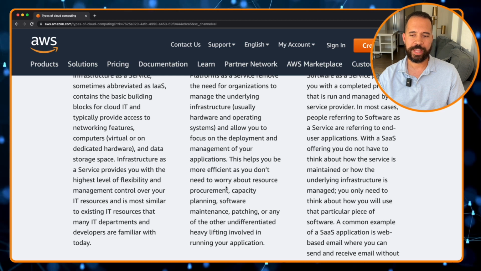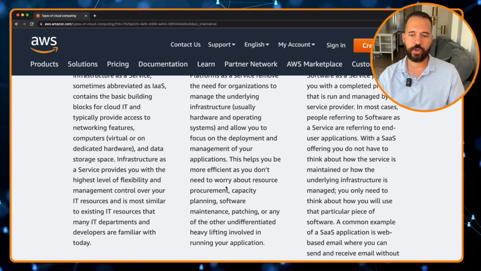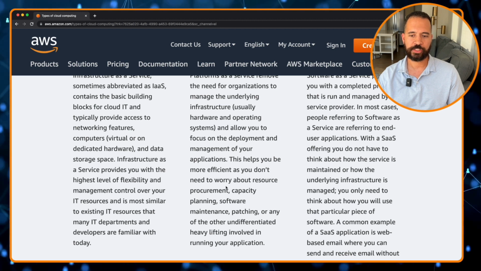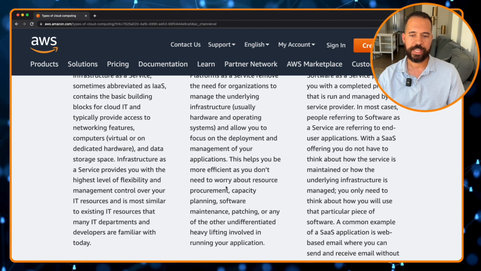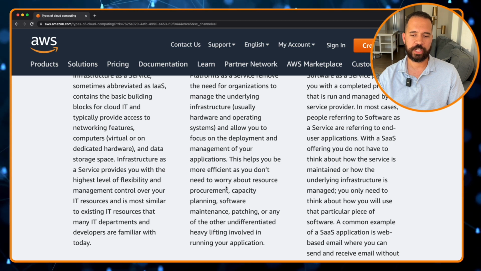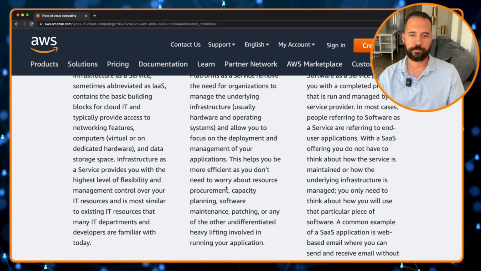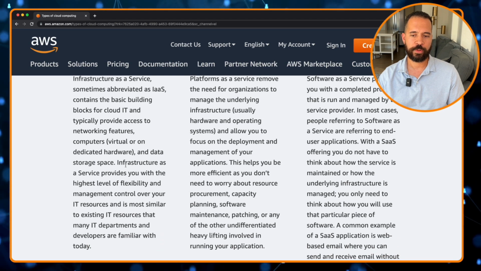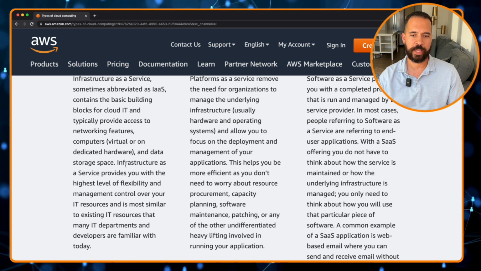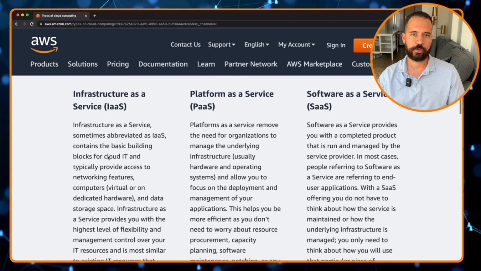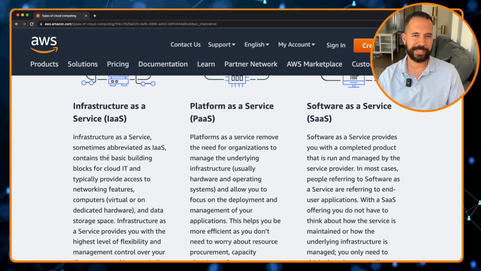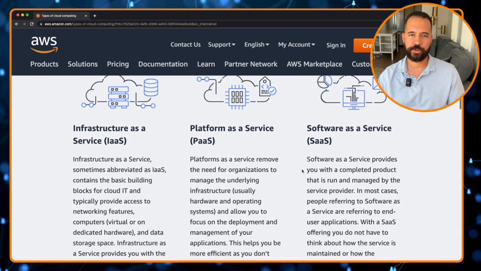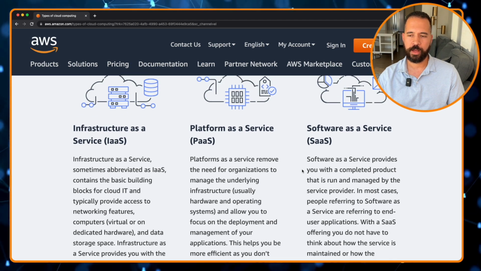This helps you gain some efficiencies, as now you don't have to worry about resource procurement, capacity planning, software maintenance, patching, and all that undifferentiated heavy lifting that I was mentioning earlier. Infrastructure as a service removes the worry about hardware and capacity planning, but you still have to worry about the patching and that operating system level.